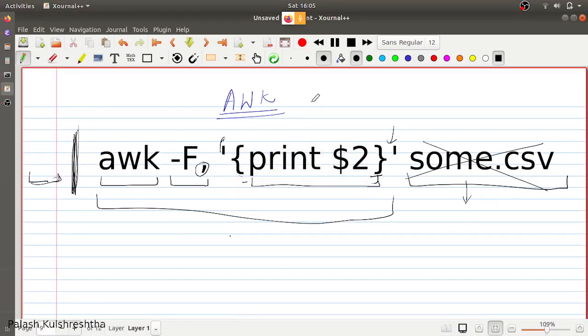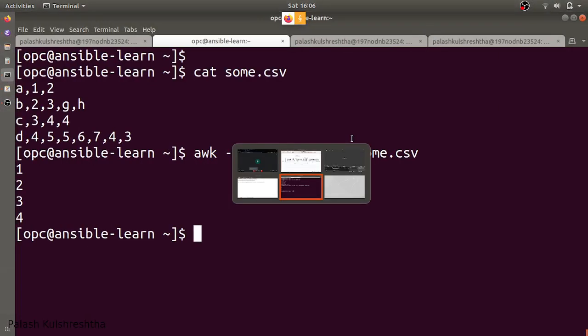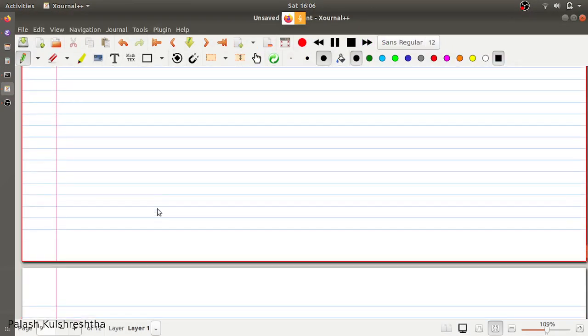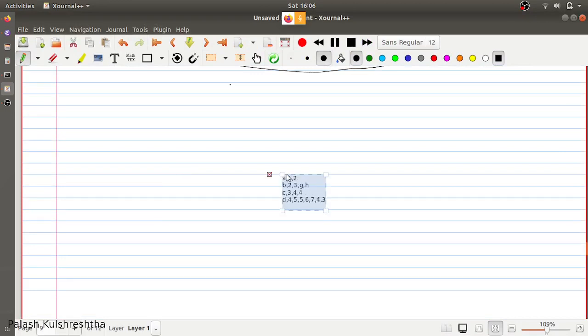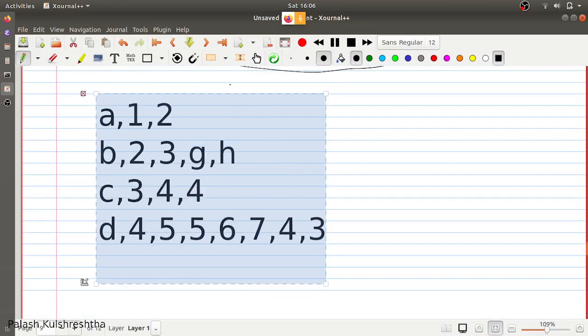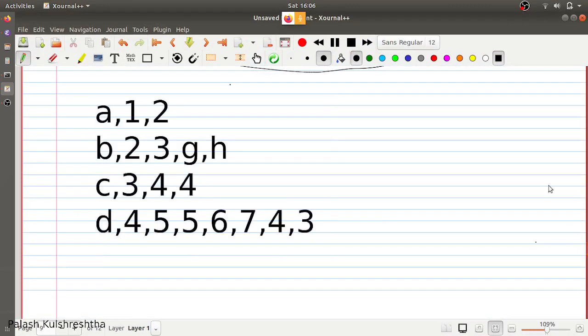As you can see, $2 gives us the second column. Let's try to understand using this example that we have. In this case, we have the columns that we're talking about.